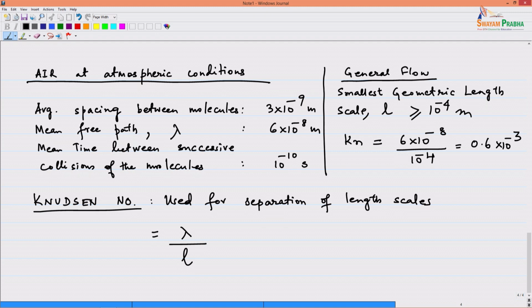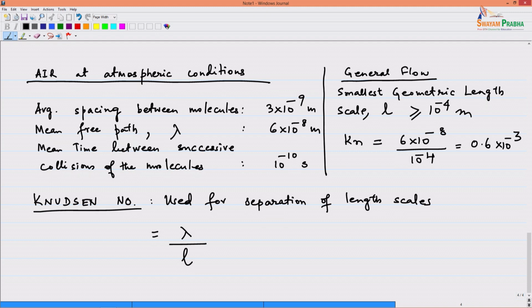So, what we are basically trying to say is that, therefore, this is the Knudsen number, which is this, right. So, Knudsen number has to be less than 10 to the power minus 3. Okay. So, in the continuum approach, we just take the Knudsen number to be less than or equal to 1 actually. So, if you see this, that is the Knudsen number. Basically the Knudsen number is less than 10 to the power minus 3.